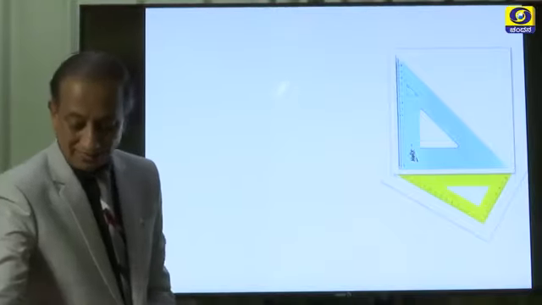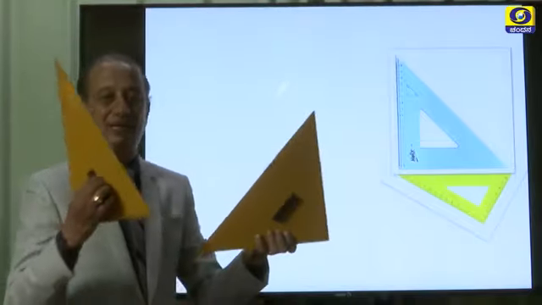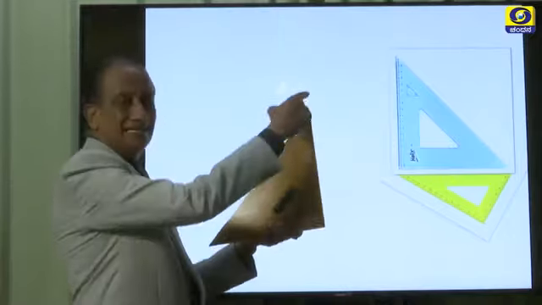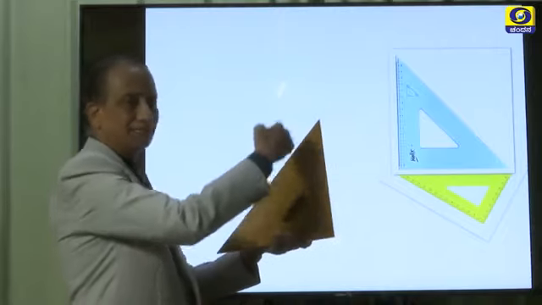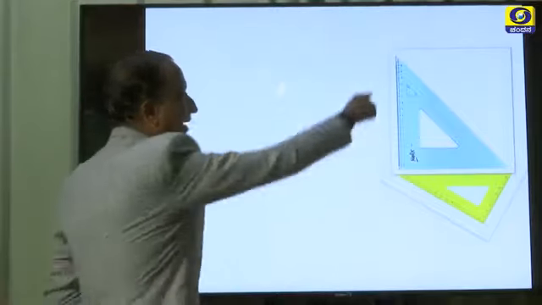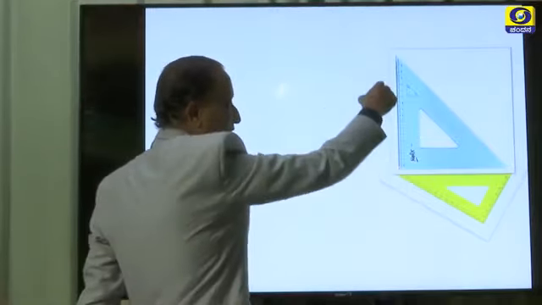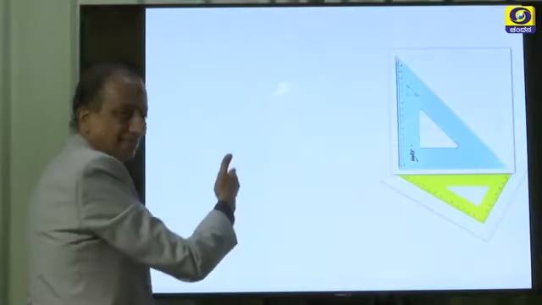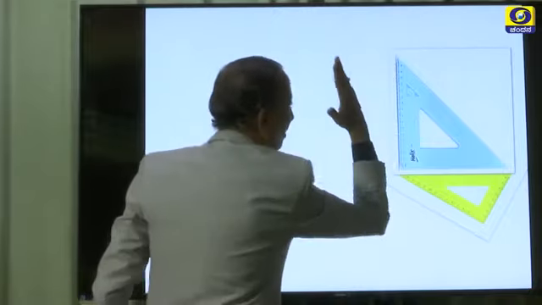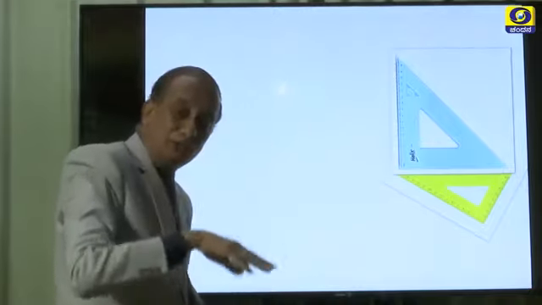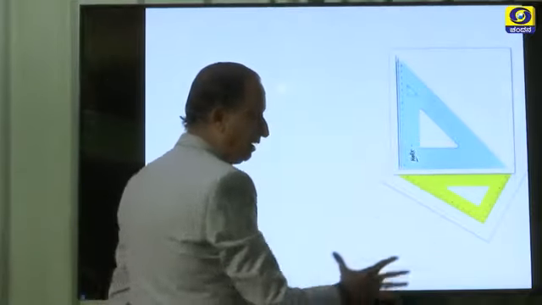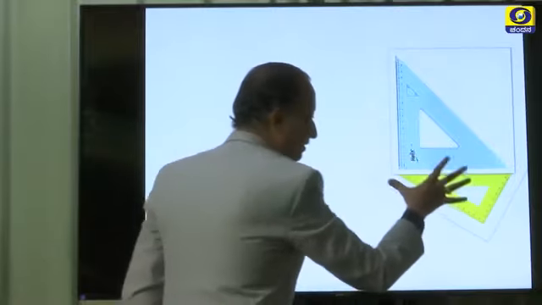Take one set square, any one, whichever you want. Let us take this one. This has three edges. This is one, this is second, this is third. You can take any one of the edges. Imagine here is a line for which we have to draw something parallel somewhere here. Take one set square and keep one of the edges parallel to the line for which we have to draw a parallel line. Now fix it properly. Now take another set square and keep it as a support like this, hold it tightly.